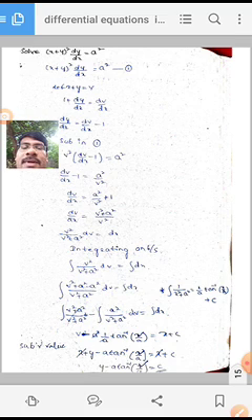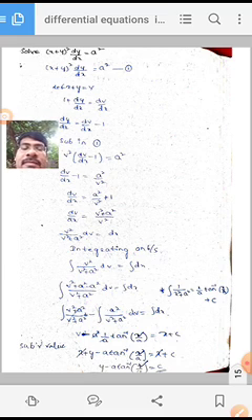Substitute in equation 1: v square of dv by dx minus 1 is equal to a square. Here dv by dx minus 1 is equal to a square by v square. Here dv by dx is equal to a square by v square plus 1. Here dv by dx is equal to v square plus a square by v square. v square by v square plus a square dv is equal to dx.